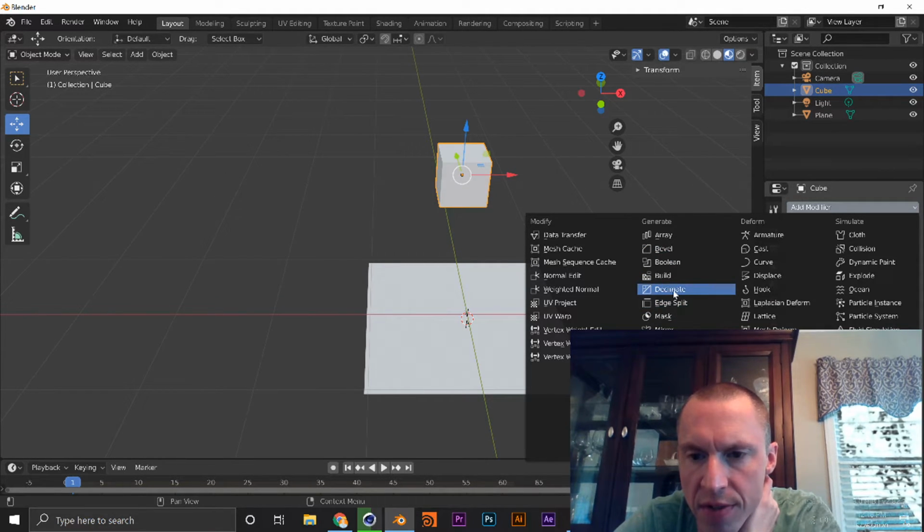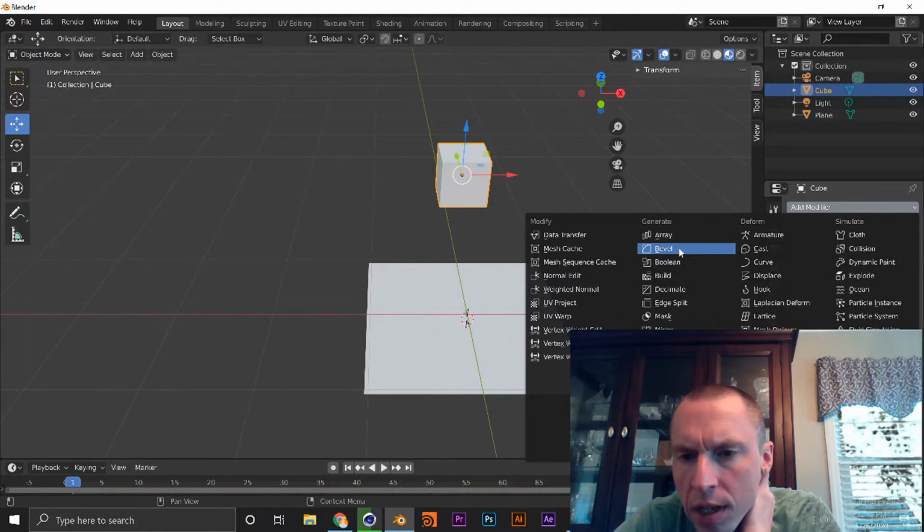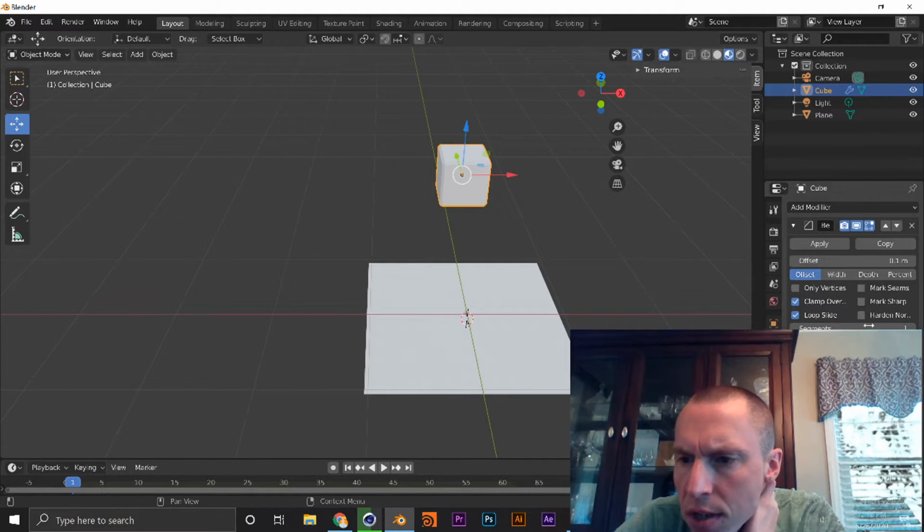Decimate just sounds fun. Alright, so you got your bools, you got your bevels. Well, I could bevel it, that would be fun. And then inside the bevel profile, I've got,